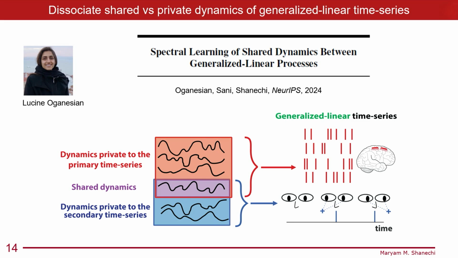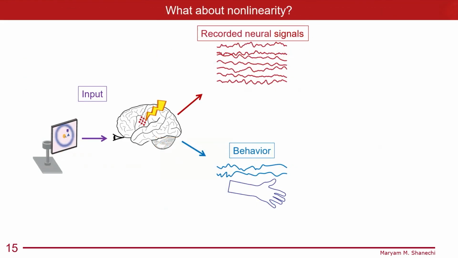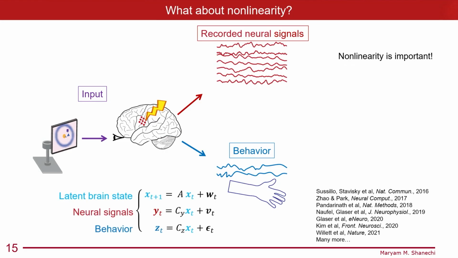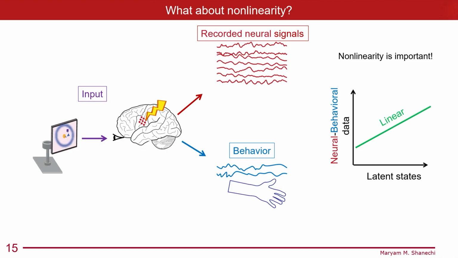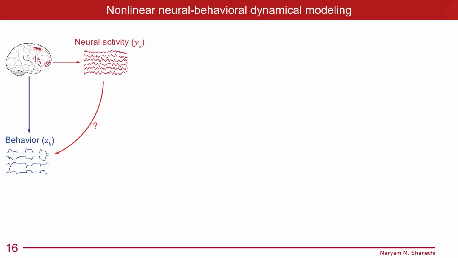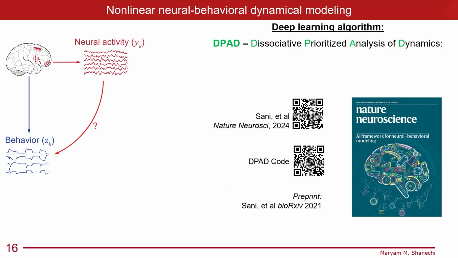We've since extended PSID on the analytical side of things to allow for also outputs that are generalized linear rather than linear. But at the end of the day, PSID and its extensions build on top of this linear dynamical system backbone. And we know that nonlinearity could be important. So the next step for us was to say, can we actually develop dynamical models of neural behavioral data that capture also nonlinearity? So to do this, we developed a deep learning architecture called dissociative prioritized analysis of dynamics,